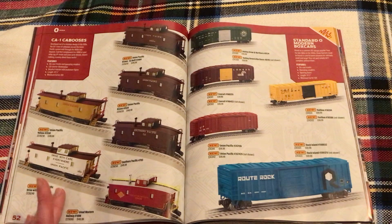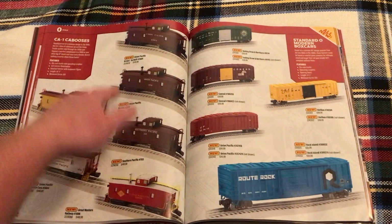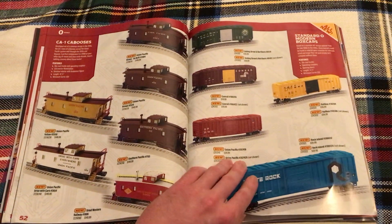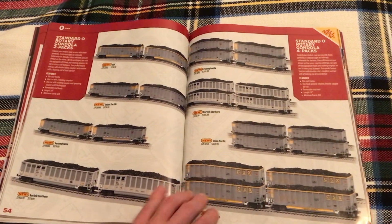So, I don't know. If I do go for one of the Union Pacific 412-2s, I would probably get one of these. I don't know. Probably one of these 3 up here. Also, we have some more modern boxcars here. Different road names. Some rotary guns. I'm not really a modern guy, but